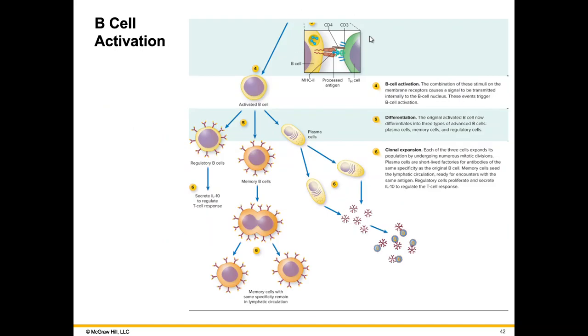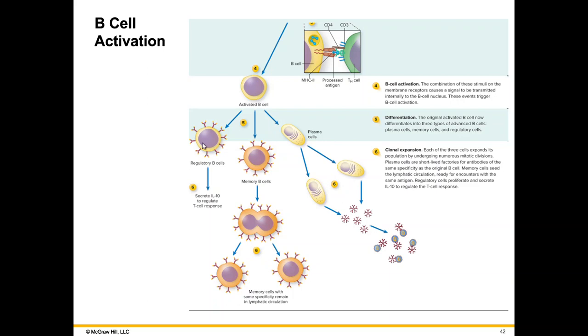So what happens after that? That activates the B cell. The B cell then will begin differentiation and clonal expansion. Differentiation, again, is the habit of creating more cells that become more specific. So this precursor cell is going to undergo mitosis, mitosis, mitosis, mitosis, and some of the subsets of those cells